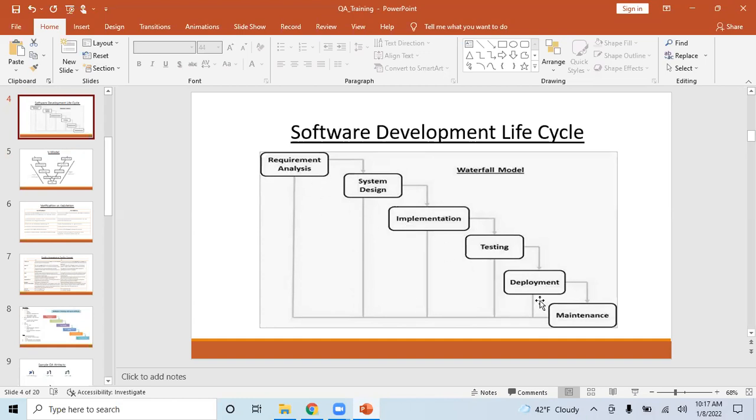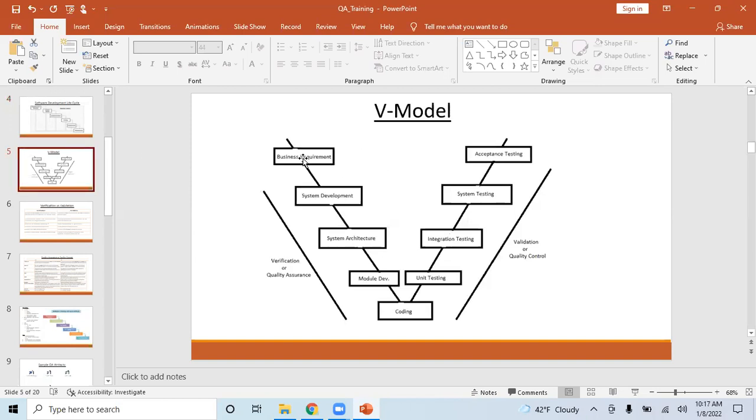He is involved in every phase. The V model will tell how a tester should be involved in each stage. It will not talk about the tester's point of view. It will talk about what kind of validation or verification testing has to happen. It will not talk about who has to test it.